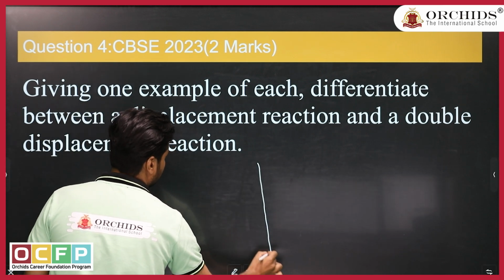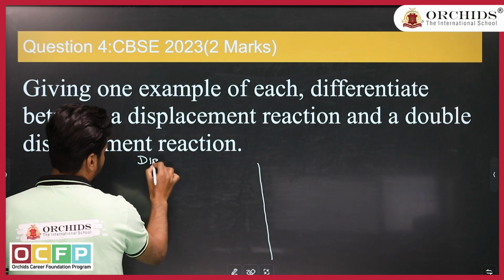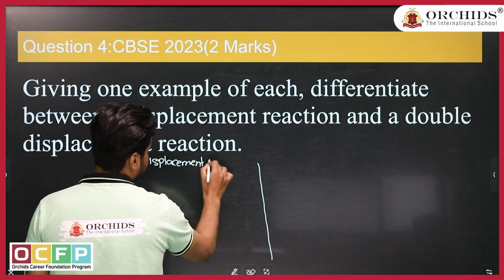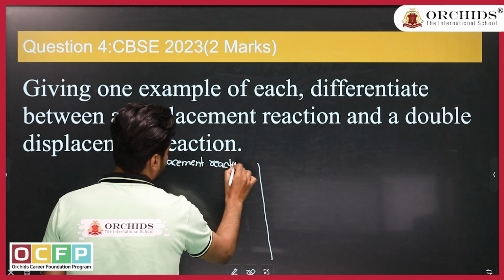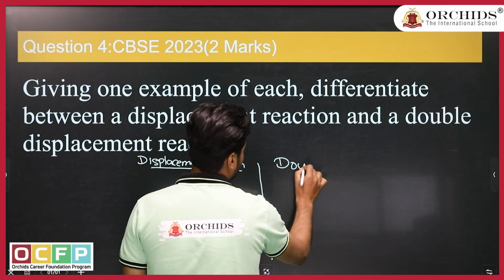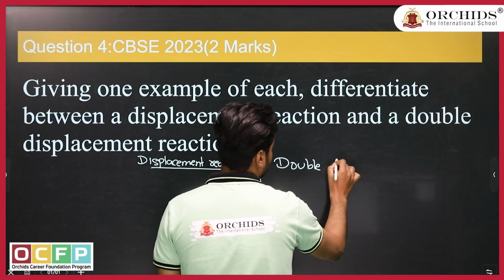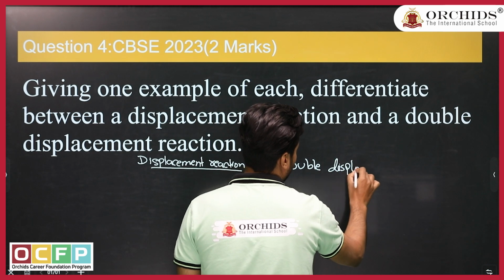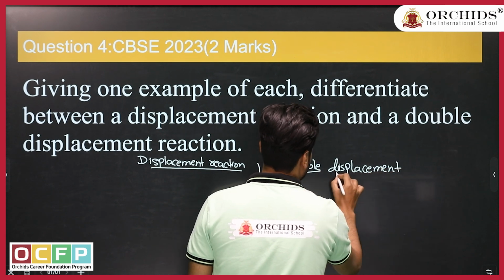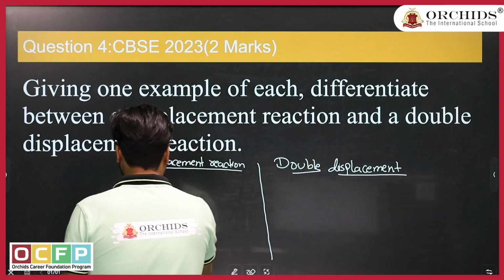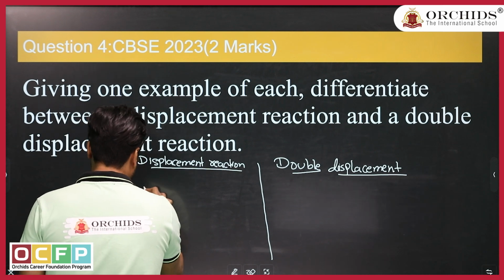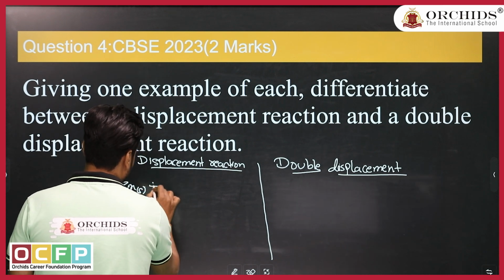First displacement, and second is double displacement. So in displacement we can take one reaction as Zn when it reacts with